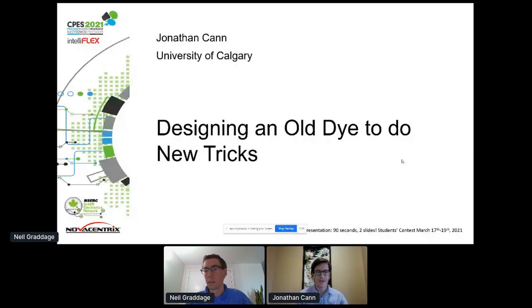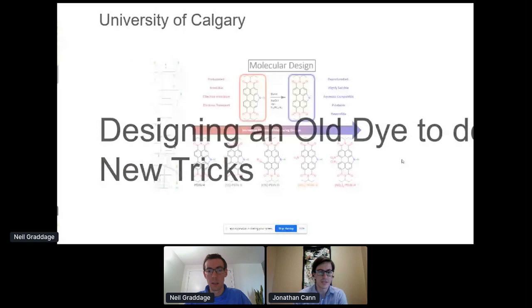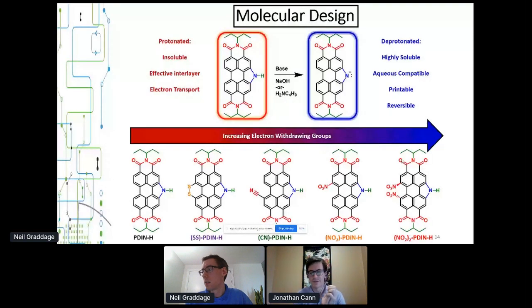Okay, hello. So I'm looking at a bit of a more molecular synthetic approach to this. If we go to the first slide there, you can see that I'm using a derivative of a very well-known dye called perylene diimide, or violet pigment number 28, which has been used in various optoelectronic devices such as solar cells or transistors or OLEDs or whatever, lots of uses for it, but it has some pretty substantial downsides, and one of the big